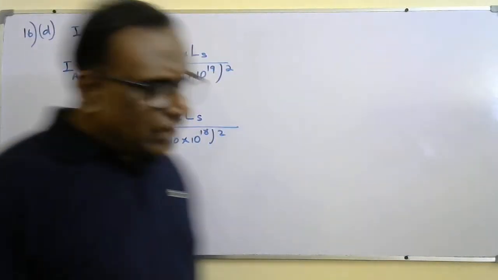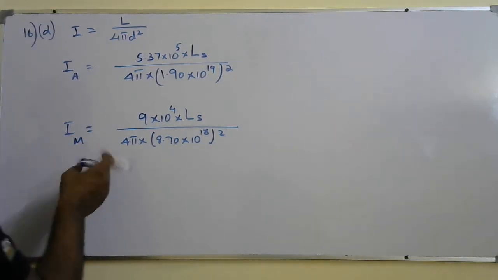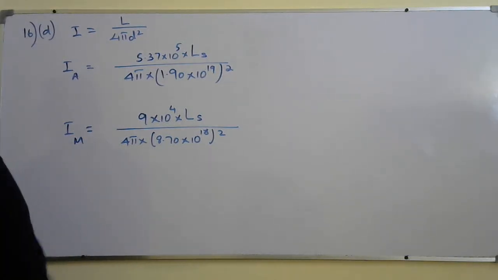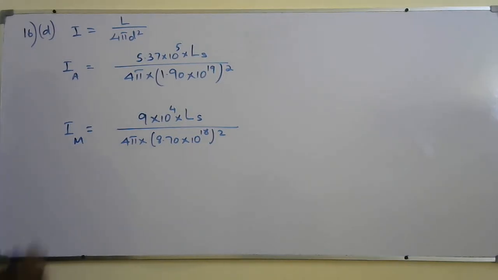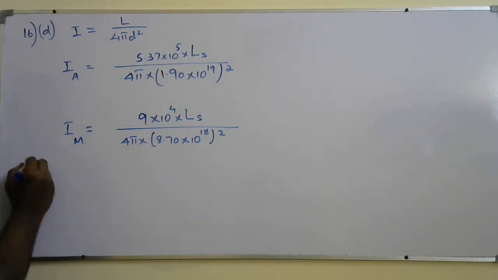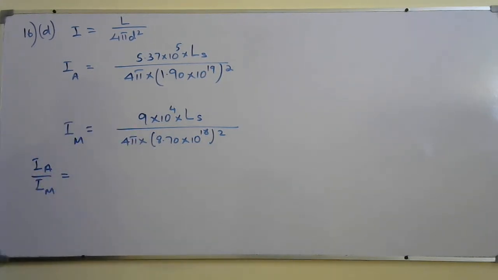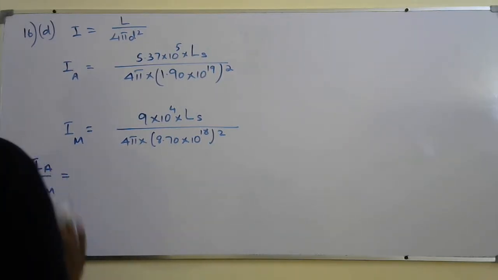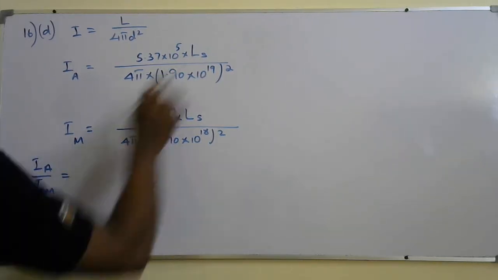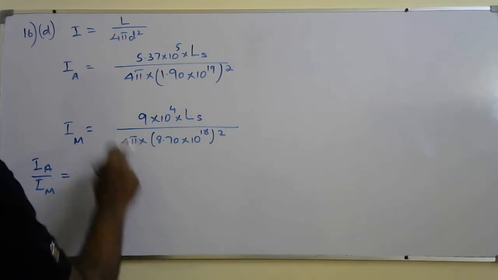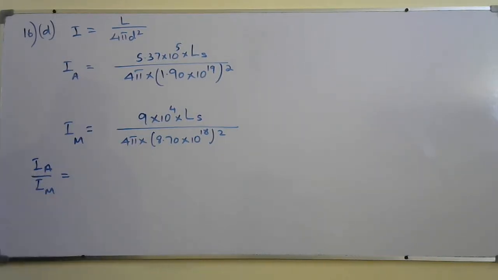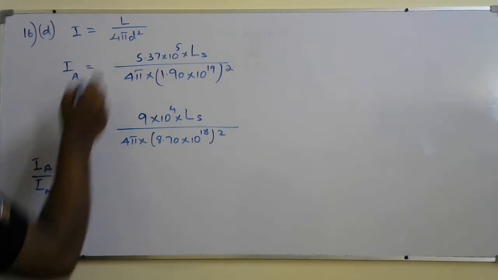But instead of doing that, I can do it this way also. I can divide to find which is larger: IA over IM. You can find this value and that value and give the conclusion, no problem. But to reduce the working, in IA over IM, the luminosity of the Sun will get cancelled, and 4 pi will get cancelled. So you will get 5.37